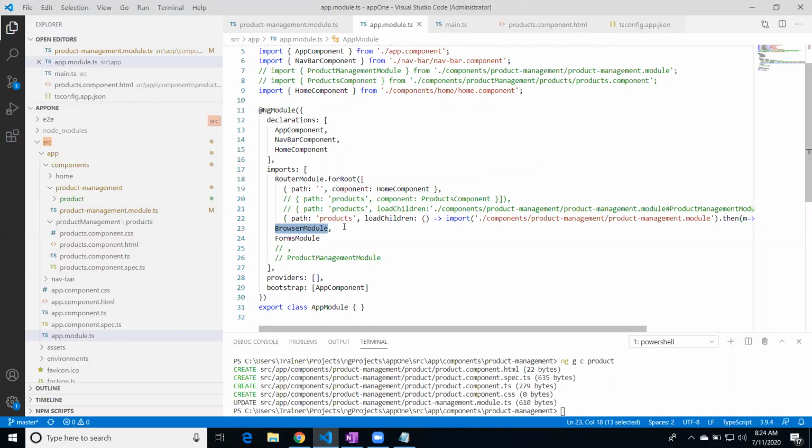It contains browser related stuff too, because this is our root module. It needs some information about the browser that it's launching in. So that's a very significant difference. So feature modules can be loaded eagerly